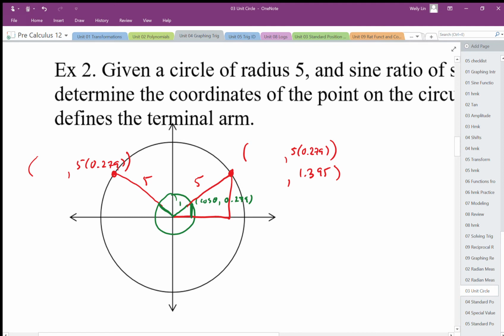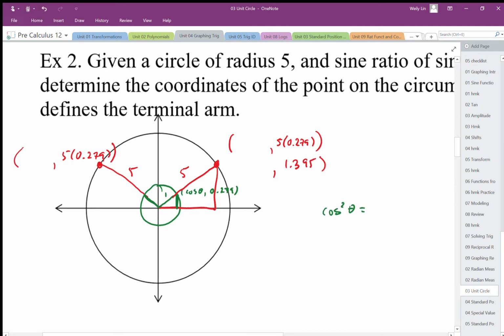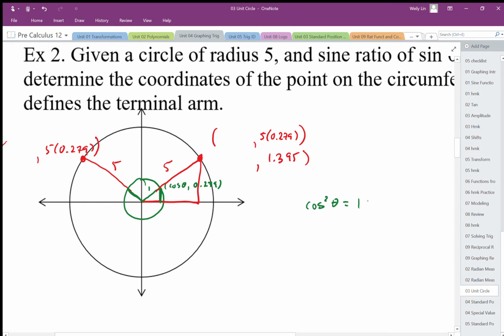I'm going to say that the cos squared value is equal to 1 squared minus 0.279 squared. So cos squared is 1 minus 0.279 squared. That's 0.922, so I'm going to square root that value, and I get a cosine value, which is my x position, as